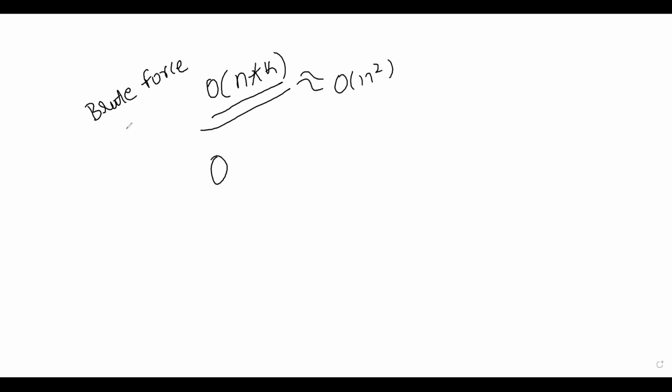Brute force approach is something where you have a solution which is similar to O of n square. You can do much better than this. This is called your brute force, that is your primary solution where you give something which is not optimized. So what is the best you can do here? Okay, so let's see.